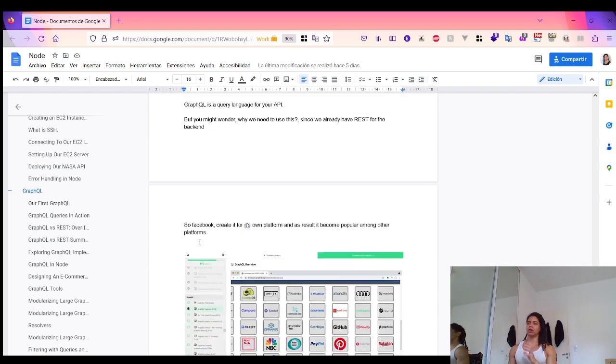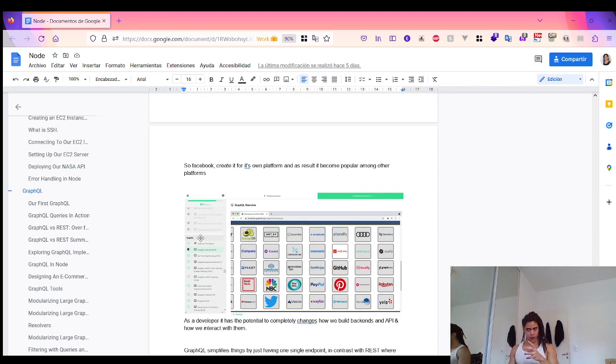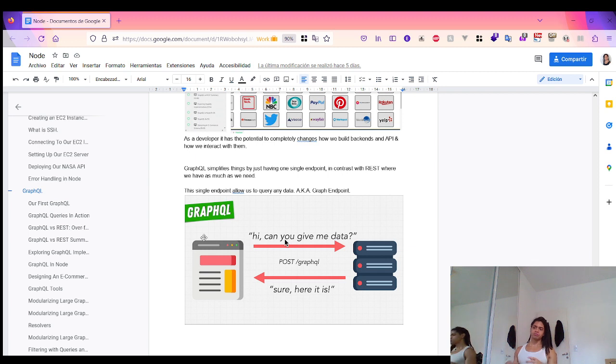So what are the issues that GraphQL solves? By having one single entry point, where in RESTful architectures you need to make a request, especially if you want to query multiple collections,